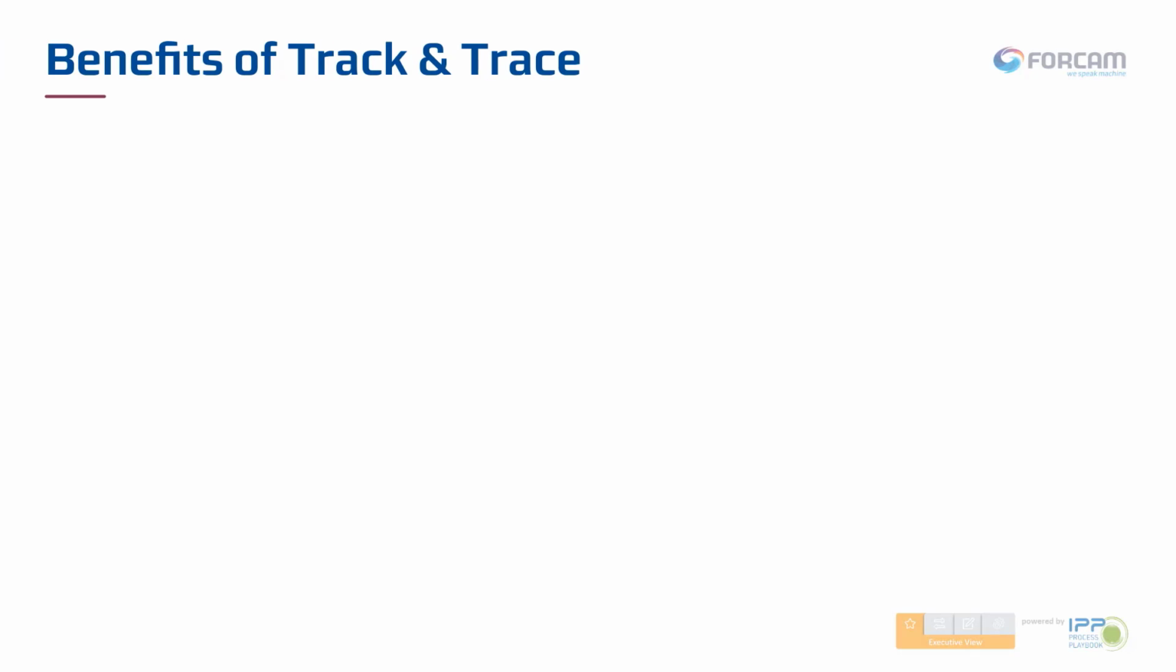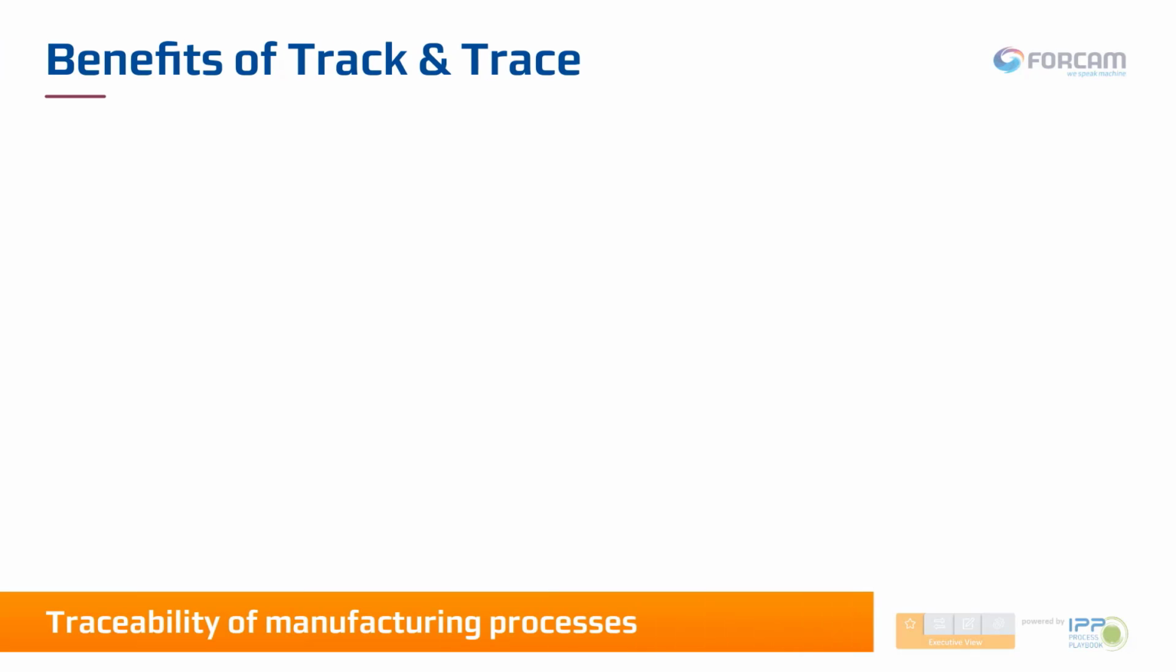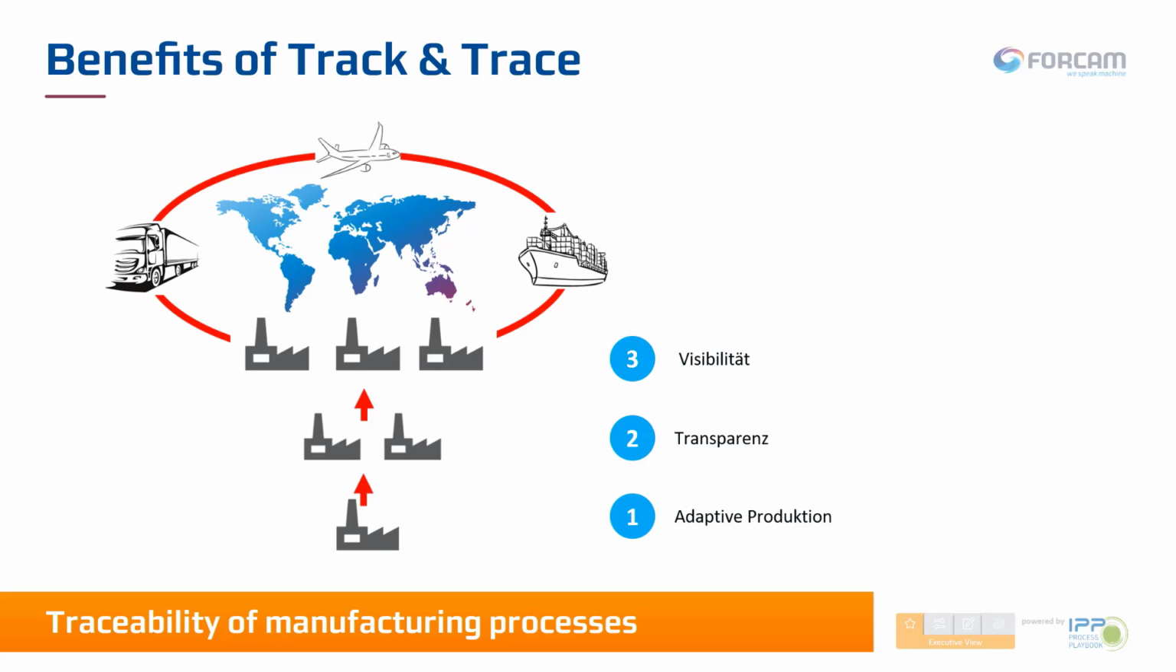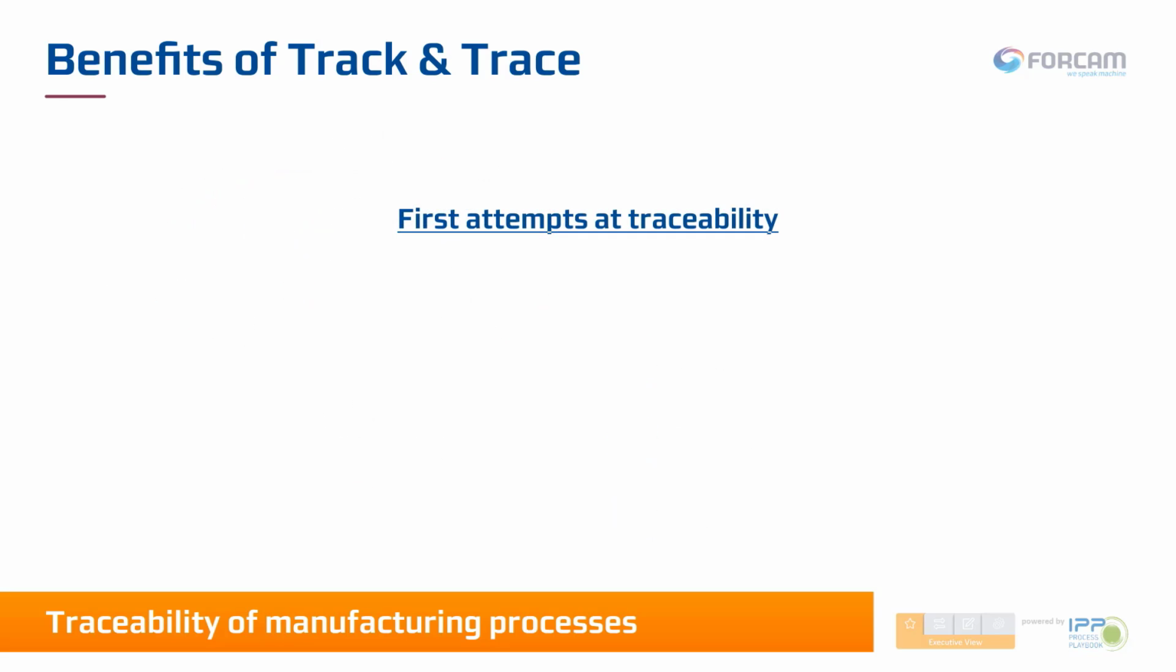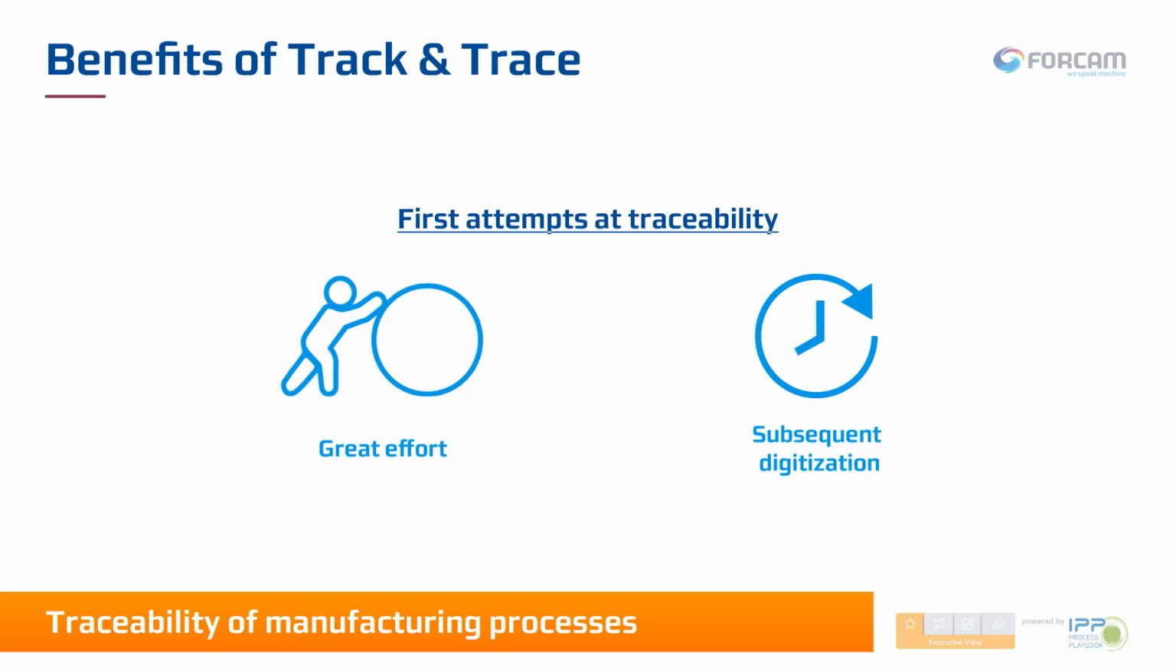With increasing globalization, the traceability of manufacturing processes is also becoming increasingly important. In the past, traceability was achieved through time-consuming documentation of production documents and papers. First attempts at digitization placed the focus on securing results, which means that production papers were digitized with great effort